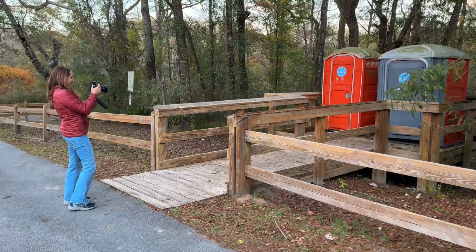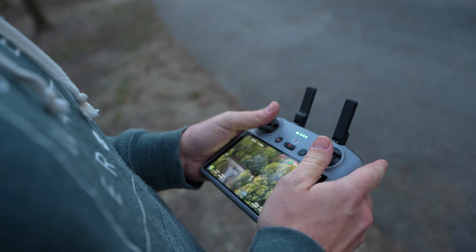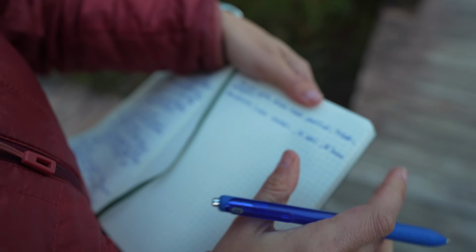Checking out the amenities that were there, saying whether it was solar or Starlink friendly, saying what max length RV you could pull into this campsite. Our assessment of that. Yeah, where could you park best? What are the speed tests in terms of if you need the cell service? So there's a lot of stuff that we went in to look and make sure we got all the information